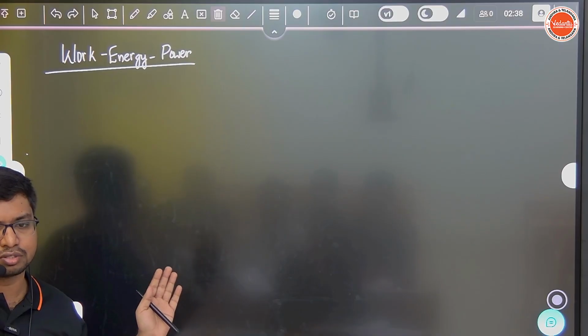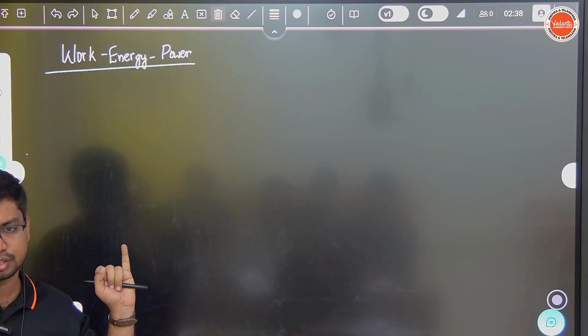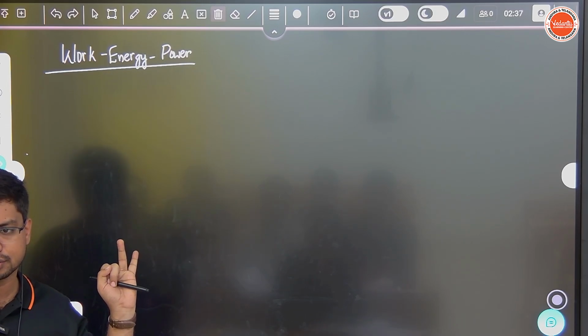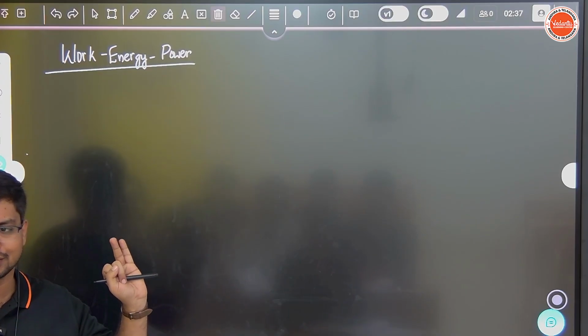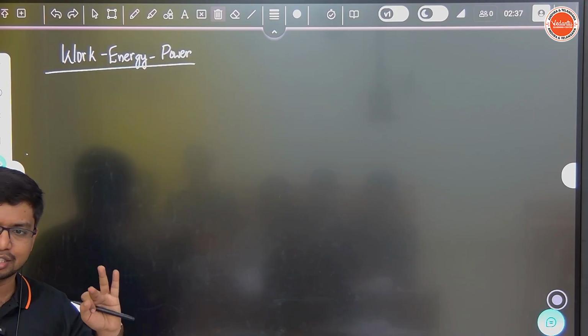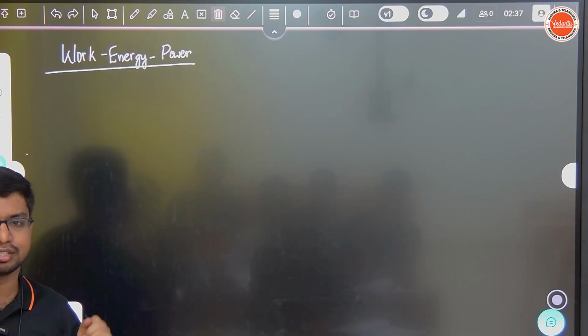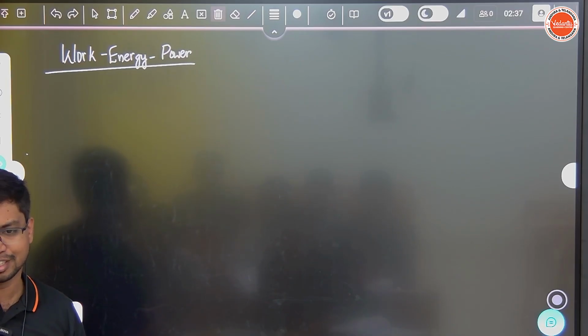Right. Now, since we are in the mechanics part of our physics, over here we are just limited to certain energies only, right? What are they? Kinetic energy, potential energy. That's it. You can put all the energies under this category. So you can put gravitational potential energy and spring potential energy both under the potential energy only, right? And what else do you have? What else do we have? That's it. There is nothing else to play with over here.